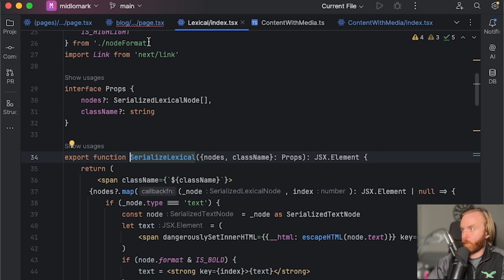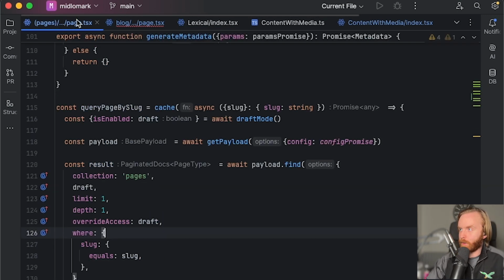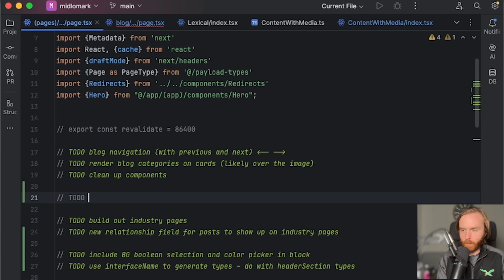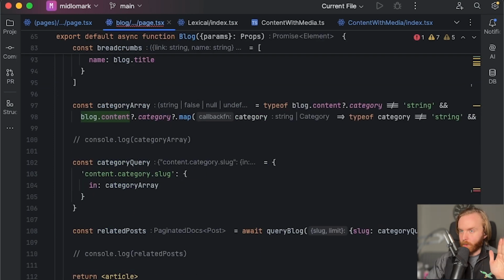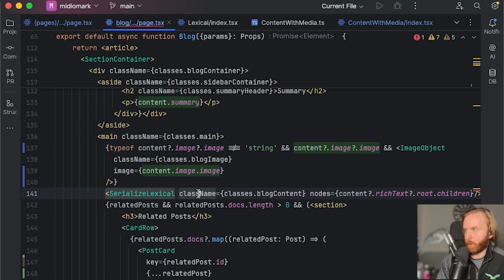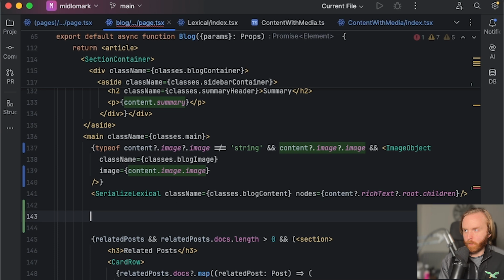Or no, before we take a detour, what we need to do actually is redo our rich text render. What I want to do is really focus, because we need to get our blog navigation working. So first we're going to design it. If we come to the end of all of our blocks here, but above related posts,